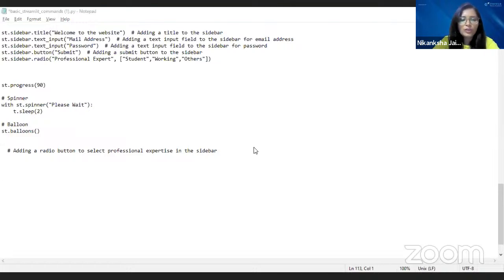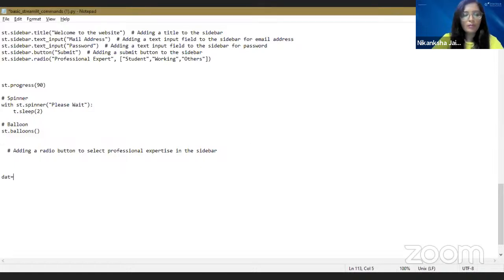We have to just write the variable name. Suppose my variable name is data. And then again, we are going to create a data frame. For a data frame, it will always be pd.DataFrame, where D will be capital, F will also be capital. After writing this DataFrame, either you can create your data frame with